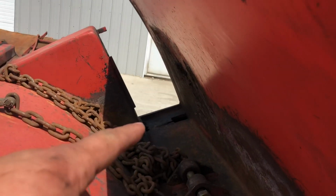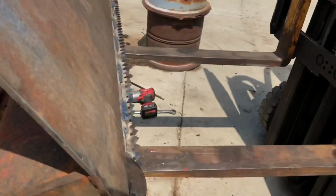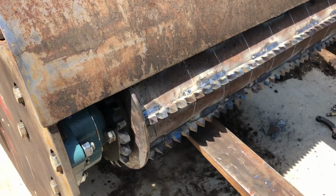And the motor goes over there, and the two chain holes are right there for the chain to go through to run your feed wheel. And we just put it in here like that, like a complete goofball. So,